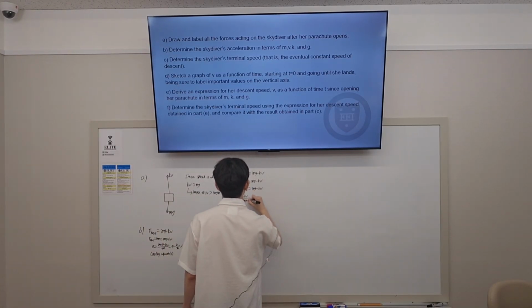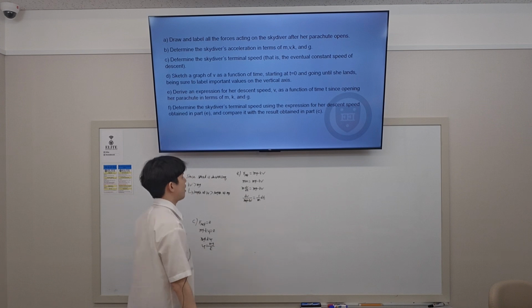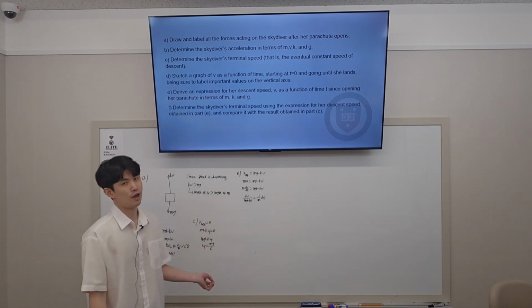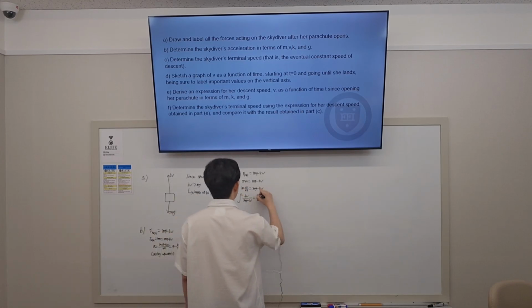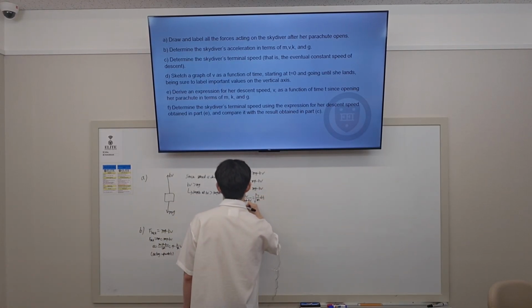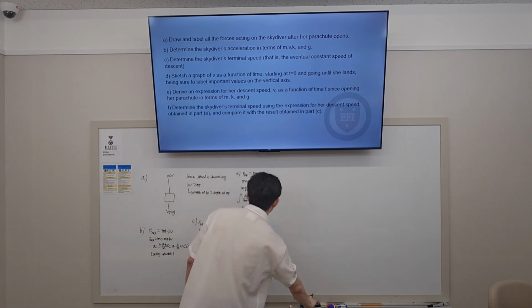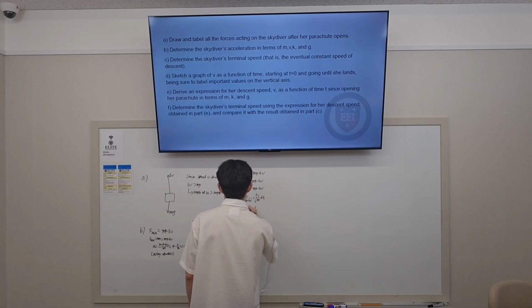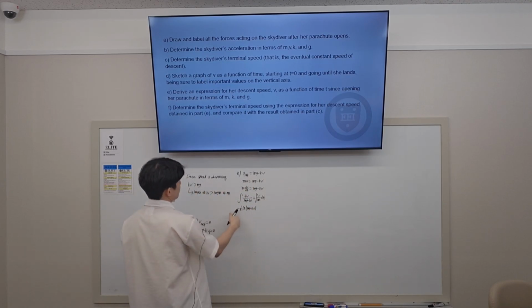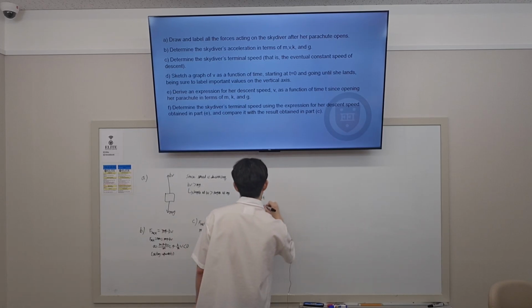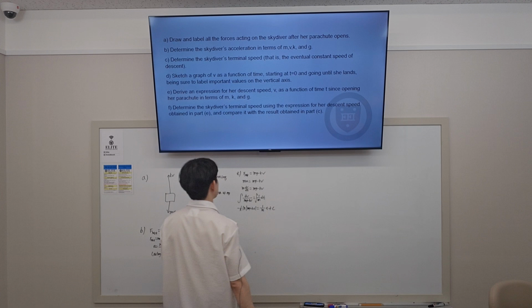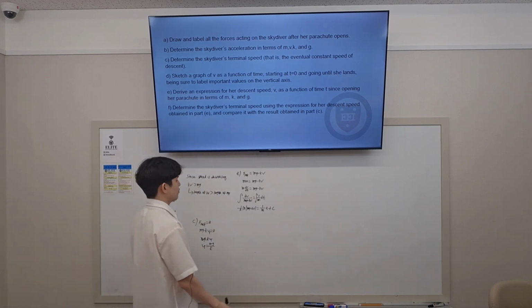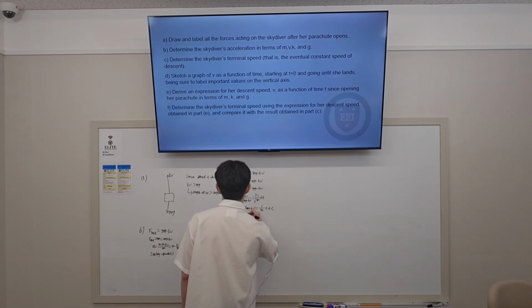like this. So what I did was I collected all the v terms on the left side and the other terms on the right side. And if you integrate both sides like this, then you get ln absolute value of mg minus kv, and you have to multiply the constant term, which is minus 1 over k here, and then it looks like this. And if you multiply by minus k on both sides, you get